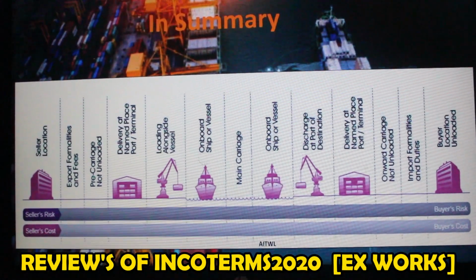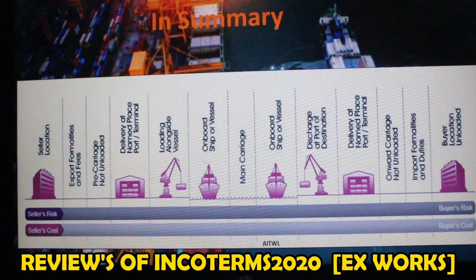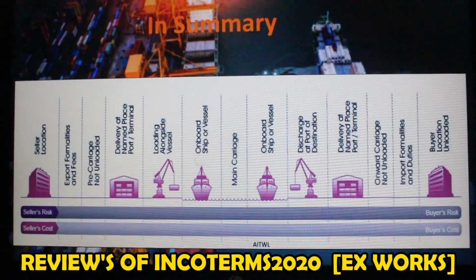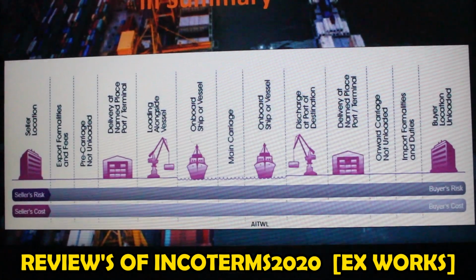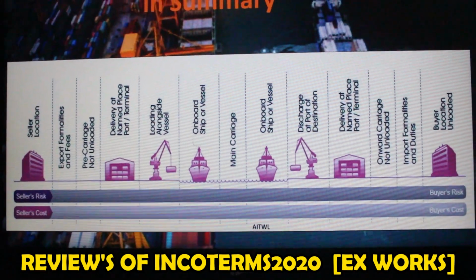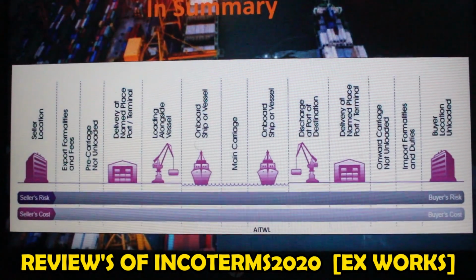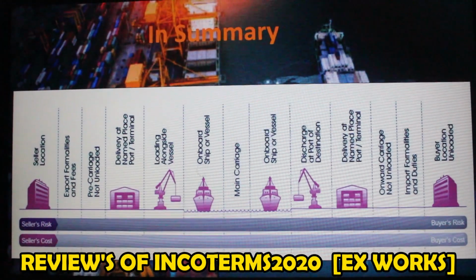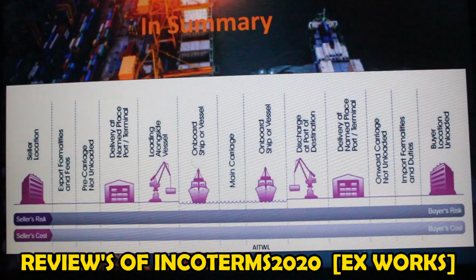As indicated, the risk and cost of the seller only apply at its premises, while the buyer has so much, from export formalities and fees, to pre-carriage not unloaded, to delivery at named place, port or terminal, loading alongside vessel, on board ship or vessel, main carriage, discharge at the port of destination, delivery at named place, port or terminal, onward carriage not unloaded, to import formalities and duties.